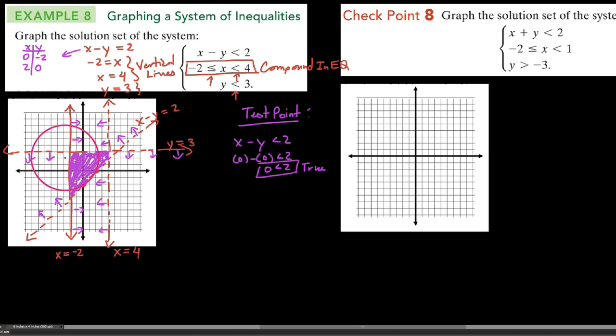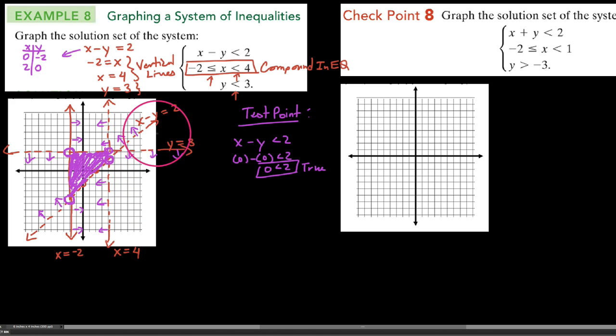To point a few things out here, in terms of vertices, the vertices of our feasible region are these corner points. We get this bounded feasible region that would have open dots on all of these points, because the only solid constraint we had was the vertical one at x equals negative 2, and it doesn't run into any other solid constraints. So we have four corner points around this, what we would call a bounded